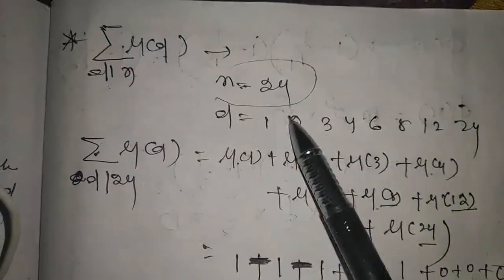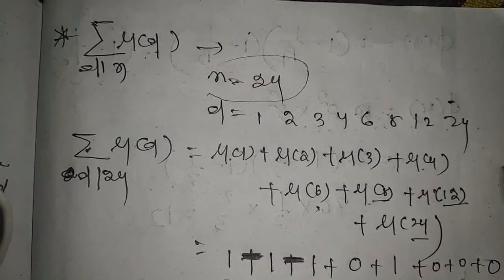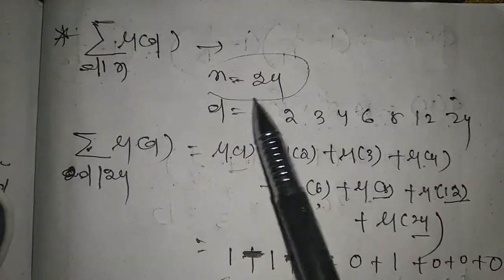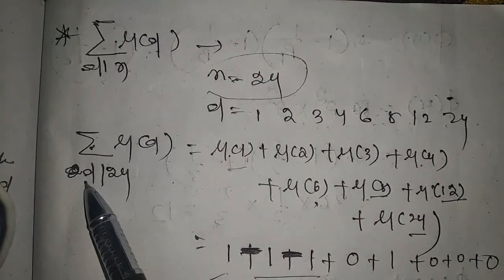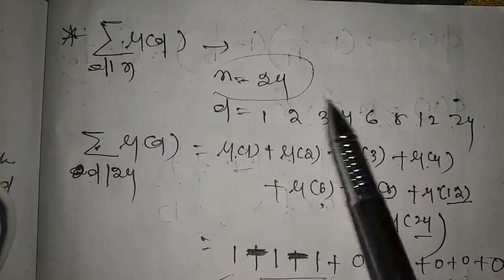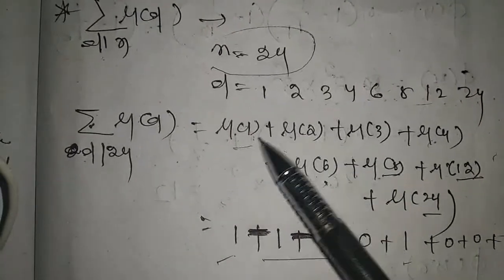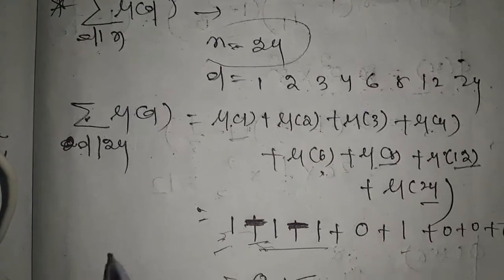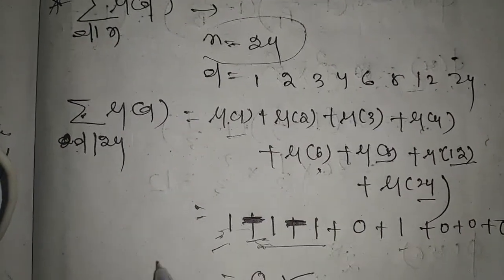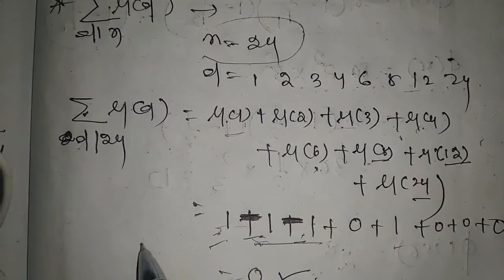The divisors are 1, 2, 3, 4, 6, 8, 12 and 24. Here mu 1 is equal to 1, mu 2 is minus 1, mu 3 is also minus 1, mu 4 is equal to 0,